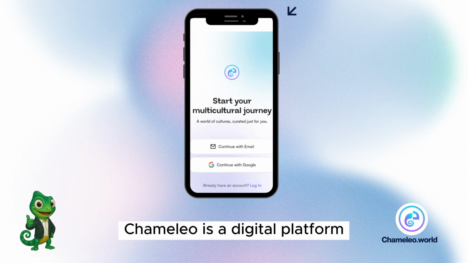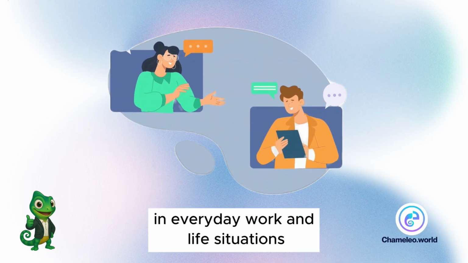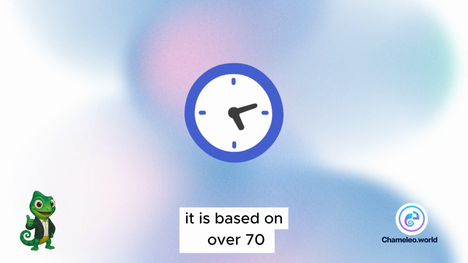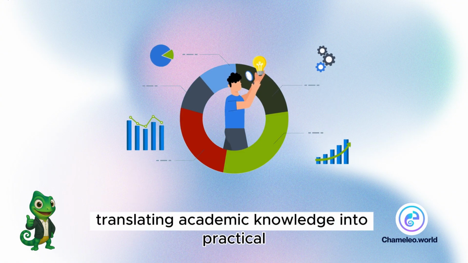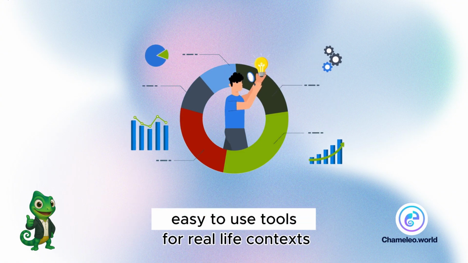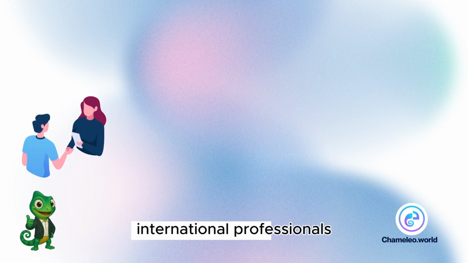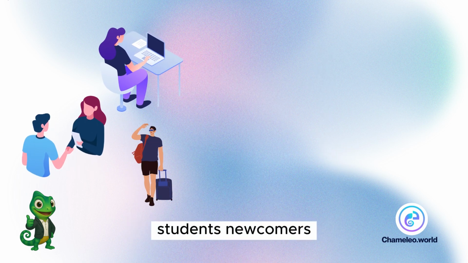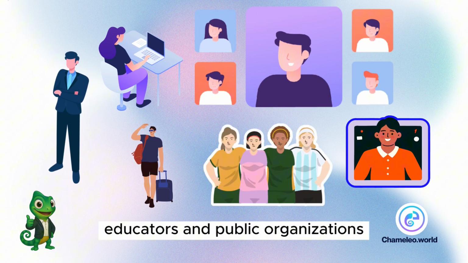Chameleo is a digital platform that helps people understand cultural differences in everyday work and life situations. It is based on over 70 years of cultural research and social science, translating academic knowledge into practical, easy-to-use tools for real-life contexts. The platform is designed for international professionals, students, newcomers, local teams, managers, educators, and public organizations working